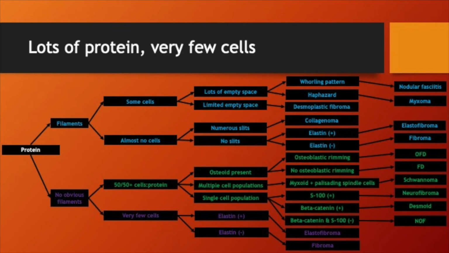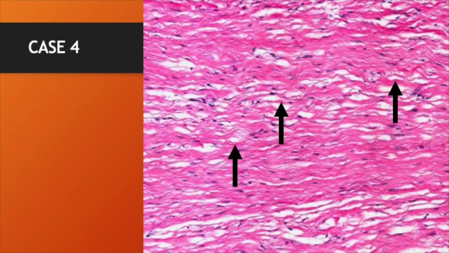So now we're into that lots of protein and very few cells algorithm. So the first thing we need to identify is, are there sheets of protein with no obvious filaments, or are there obvious filaments? Well, when we go back, you might think this is a giant sheet, but really it's filaments. You can see the waviness of them. You can almost see the different collagen bundles within here. So this is filamentous protein, not sheet-like protein, like you would normally see in the hyaline cartilage matrix of that